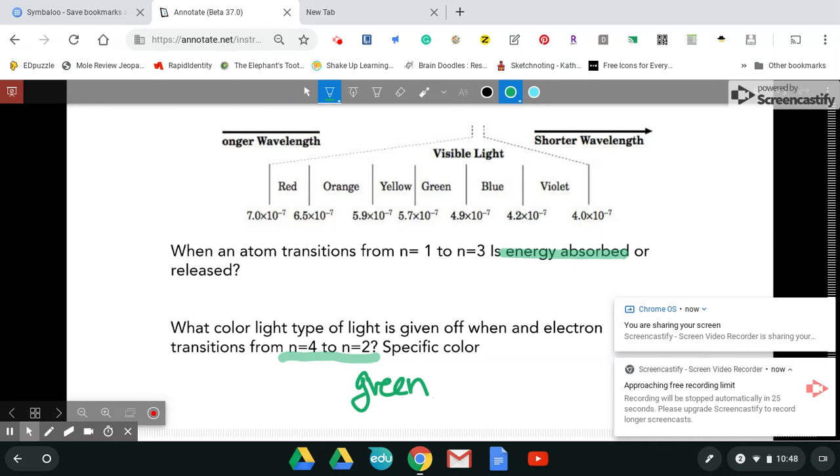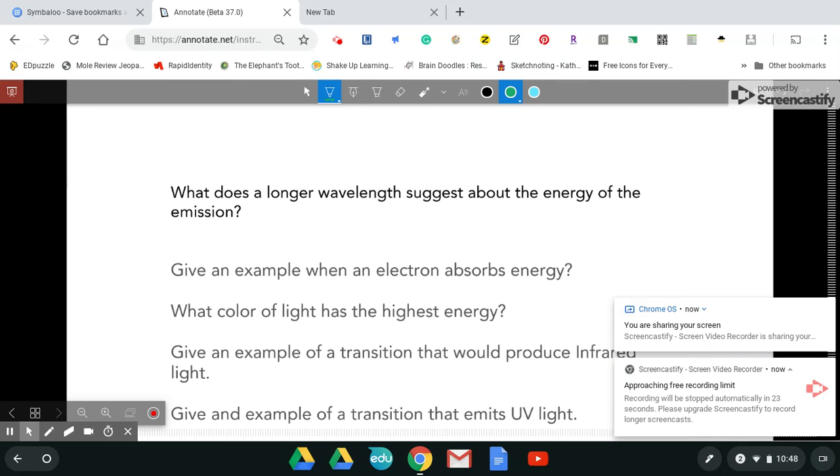Let's look at the next few questions. It says, what does a longer wavelength suggest about the energy of the emission? Longer wavelength, less energy, right? Okay. So give an example of an electron that absorbs energy. The only way it can absorb is if you go from like N1